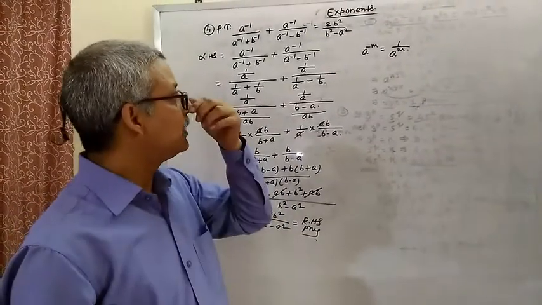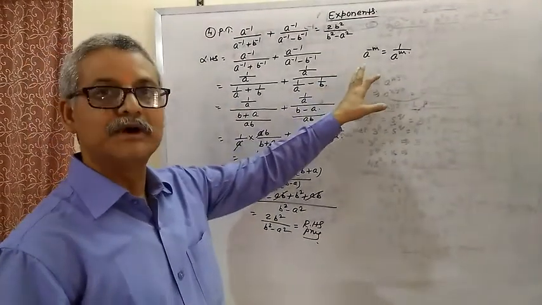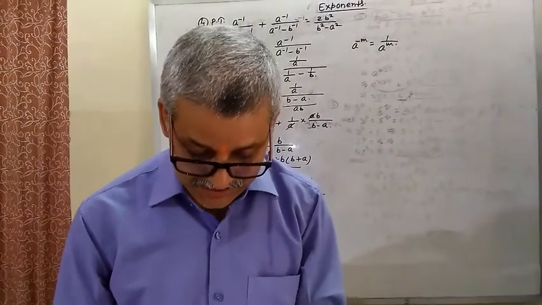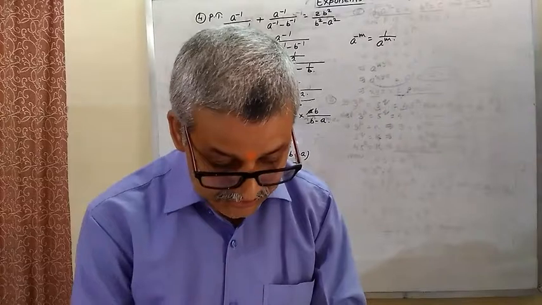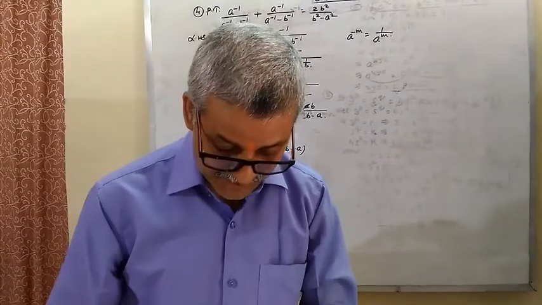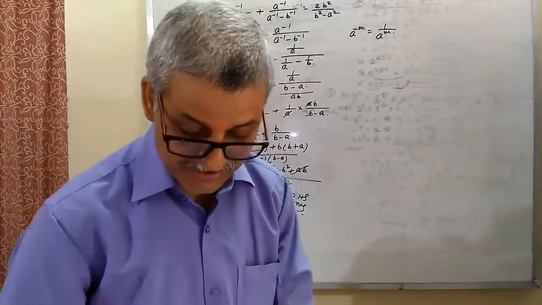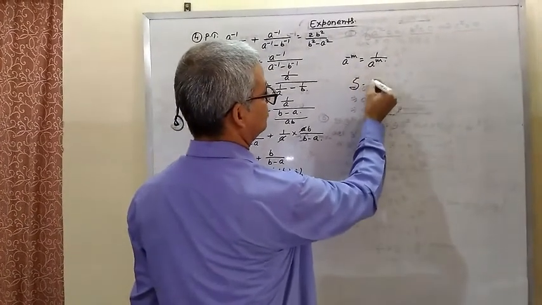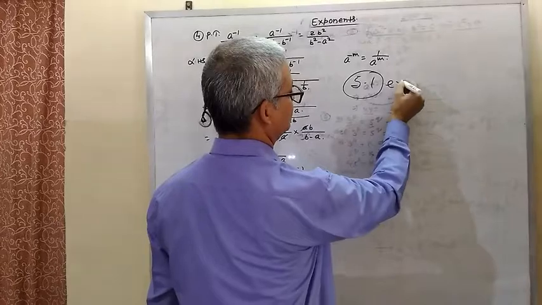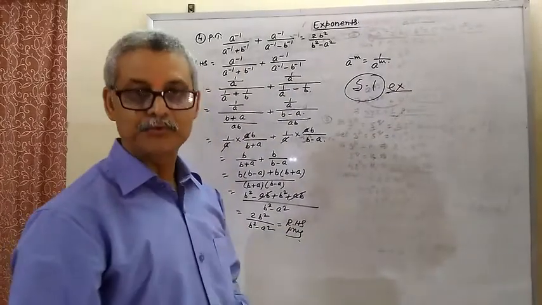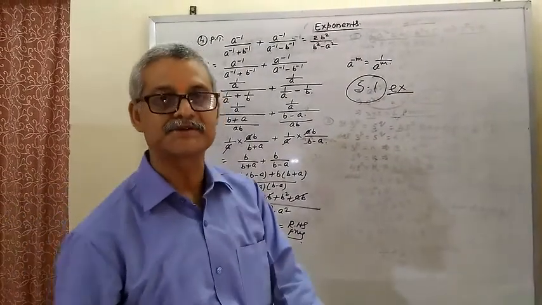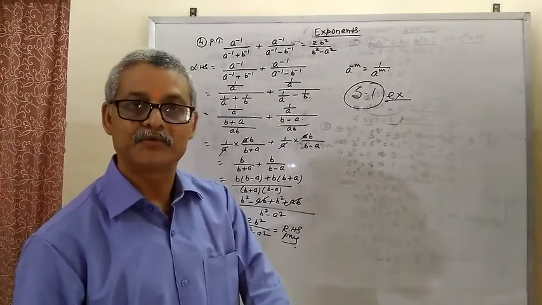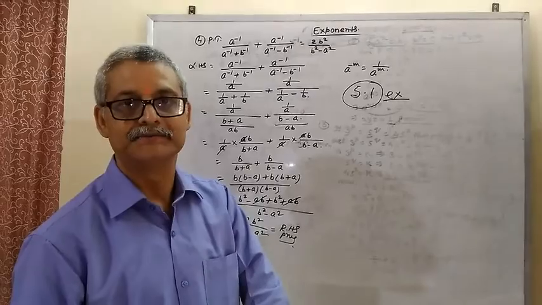Now you try to solve your textbook exercise number 1 in exponents, that is, I think it is given 5.2. I have just seen, sorry, exercise 5.1 of your Manjeet Singh textbook. Exercise 5.1 is given in your Manjeet Singh textbook, so please try to solve those exercise questions. One more video I will send you, in which I explain exponential equation questions. Okay, hope you solve it.